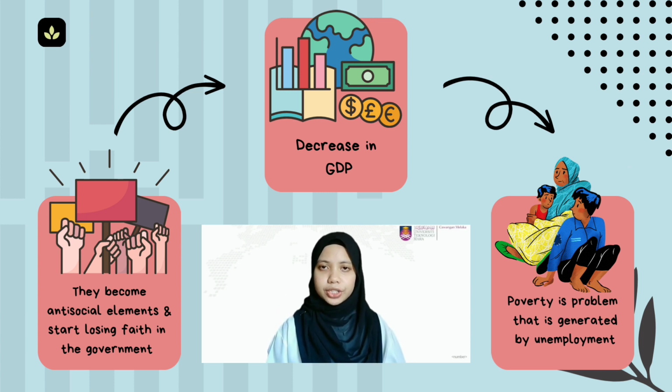Fifth, decrease in GDP. Unemployment influences the economy of the country, as the labour force that might have been gainfully utilised to produce assets must rely upon the remaining working population. In this manner, financial expenses escalate for the state. For instance, a 1% increase in unemployment decreases the GDP by 2%.